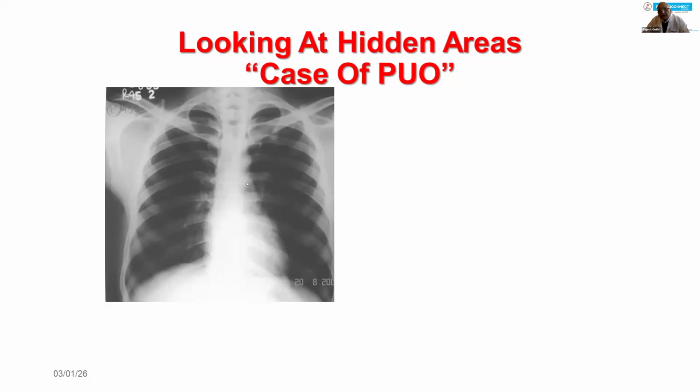For example, in this case, when I did this X-ray, I was looking at the lung parenchyma, and it was looking all right. It's an old X-ray, 2008, but very interesting because the lung parenchyma was looking all right. The only thing which I found a little unusual was that the density here behind the right clavicle was lesser as compared to the left clavicle. So there was something happening behind the left clavicle which was not obvious from this X-ray. So the next step I did was I asked for an apicogram, not a CT scan. So when I did the apicogram,